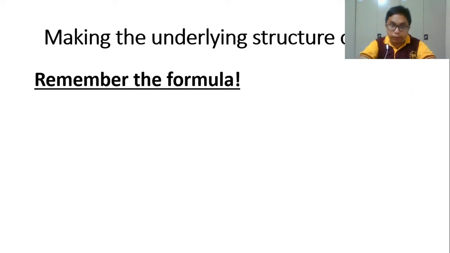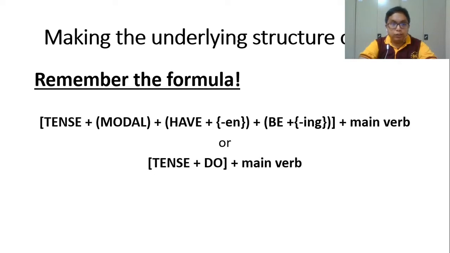Okay? Now, in order to make the underlying structure of the MVP, or the main verb phrase, we always need to remember the formula. The main formula, as given here, is enclosed in brackets: tense plus the modal plus the have plus en, which stands for the perfect transformer, plus be plus ing, plus the main verb. Or, in case of a dummy do, you have, enclosed in brackets, tense plus do